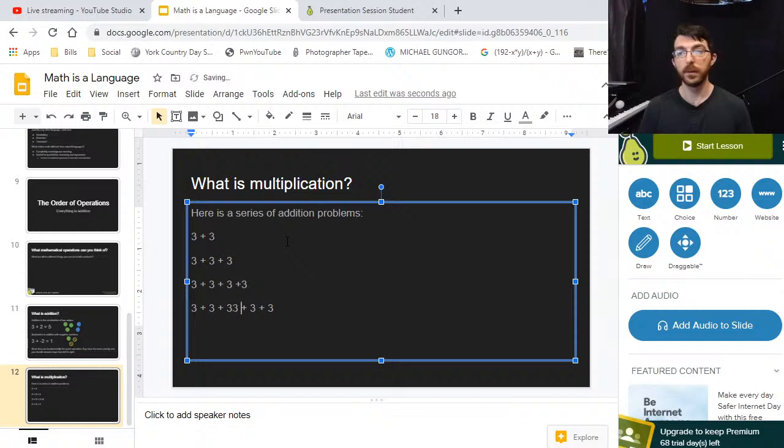Hold on a sec. Oops. Hold on a sec. I'm not saving myself any time at all. There we go. As you can see, I guess I should write the answers. Equals 6, equals 9, equals 12, equals 15. As you can see,